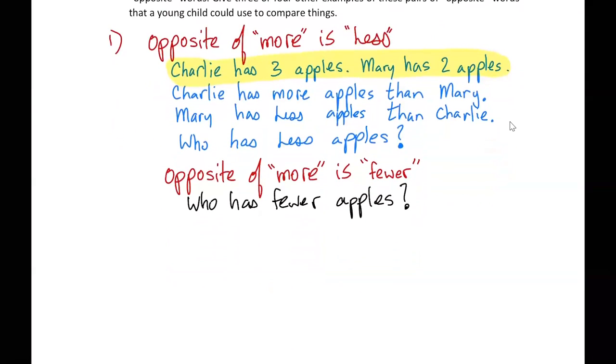Right, that's one way to say it. Right, but there's another one, right? And so depending on how you phrase things, we could say that Mary has one fewer